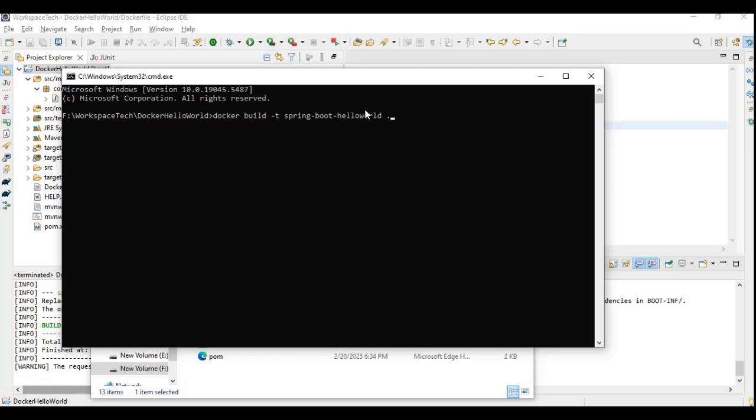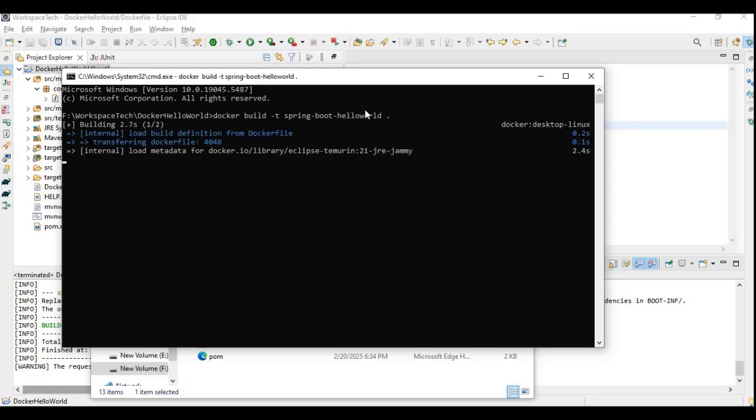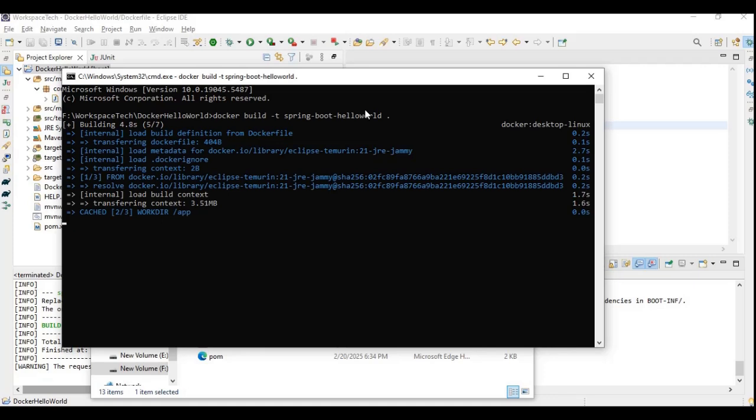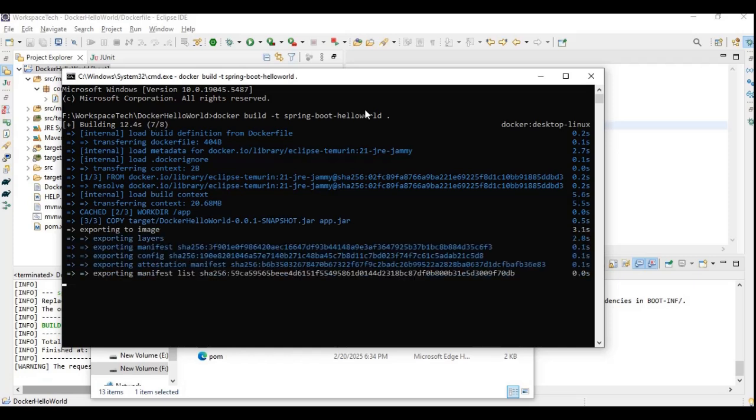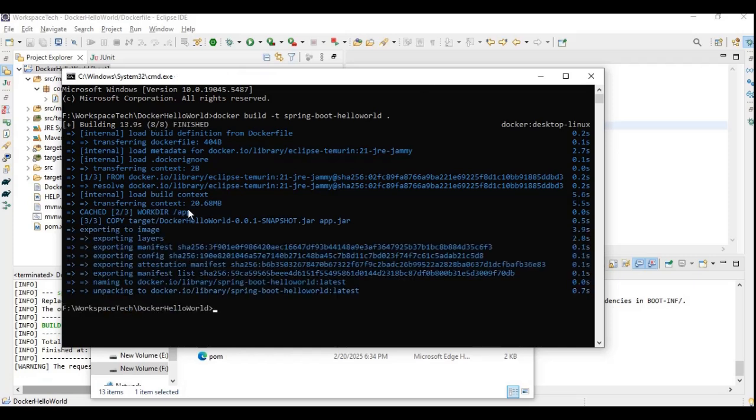So the application name for the container would be Spring Boot Hello World. Let me run this. You can see many steps get run, and then our application will get packaged into a container. You can see the working directory /app, and all the steps that we have written are being executed, right?